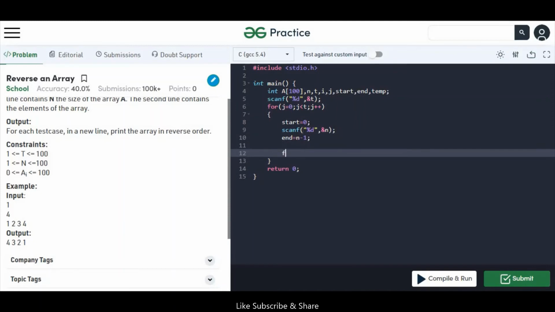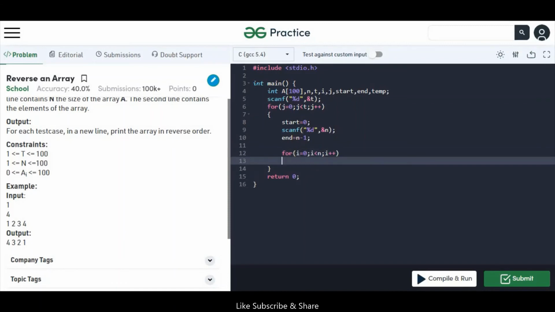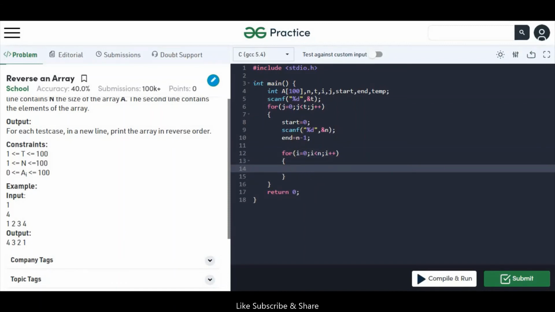Again take one for loop for reading the elements of the array: i equal to 0, i less than n, i plus plus, and scanf percent d space and ampersand a of i, and semicolon.